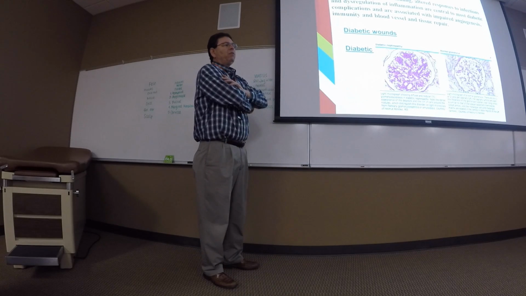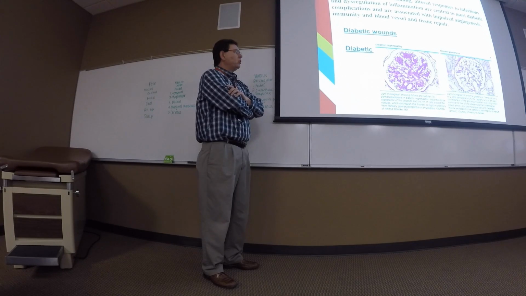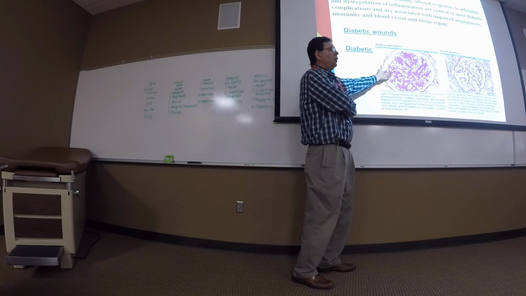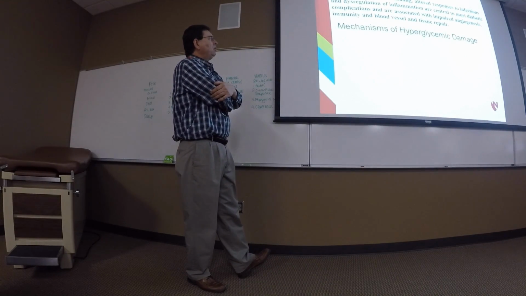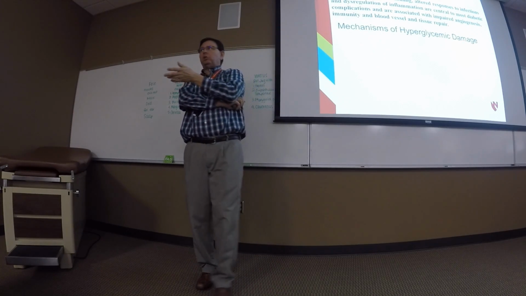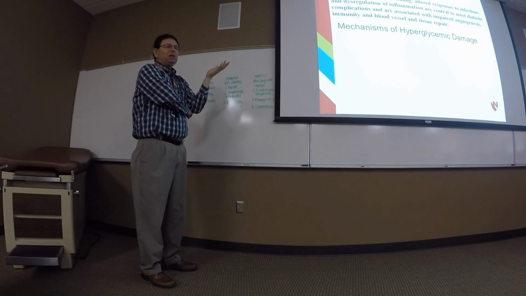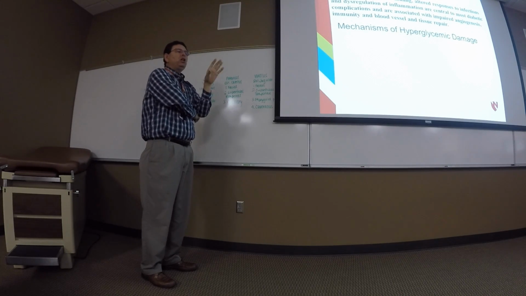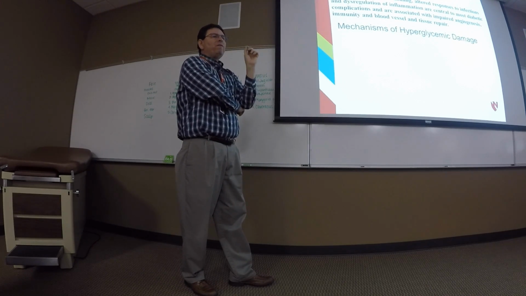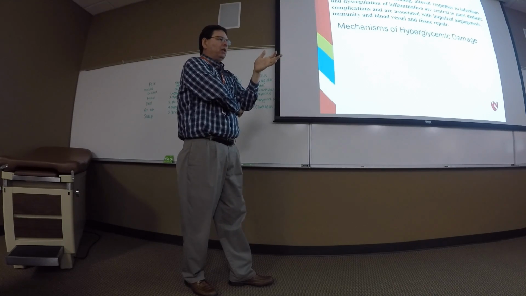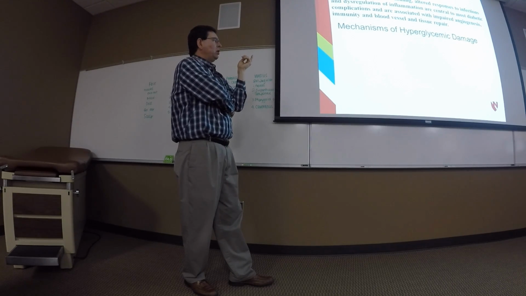So do you think you have this huge problem with kidney function? Absolutely. I would be shocked if that nephron's working at that point. It's probably been knocked out. So now, what are the mechanisms of this damage? There's two primary mechanisms of this hyperglycemic damage that you see in a poorly controlled diabetic. A lot of diabetics out there are very well controlled, very well managed. But let's say you have this inappropriate hyperglycemia going on.